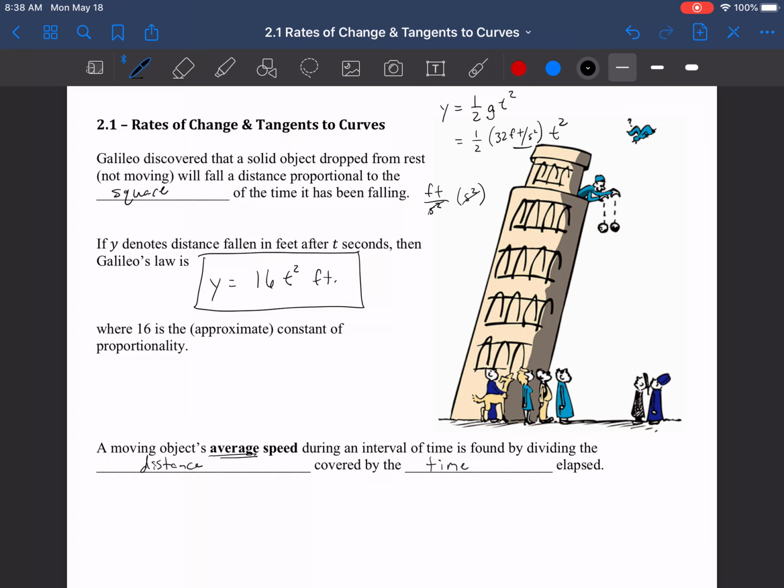If we have some graph where this is our position and this is our time, and we move on a curve that does something like that, and we want to know our average speed, we can pick a starting point, pick an ending point, connect them with a straight line, and take the slope of that straight line. That will give us our average speed, and it's going to equal our change in position divided by our change in time, where